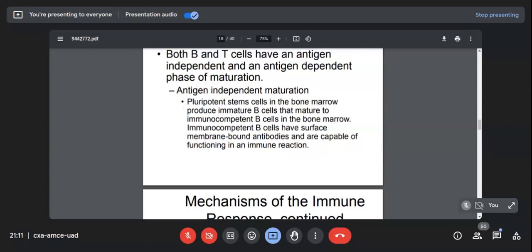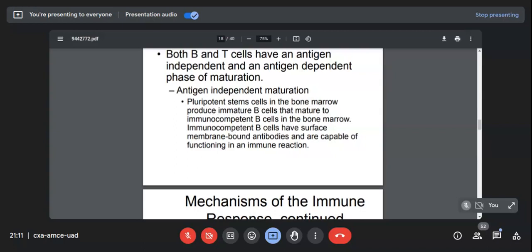Our area of interest right now is the B and T cells. So these pluripotent stem cells, first of all, produce immature B cells that mature to become